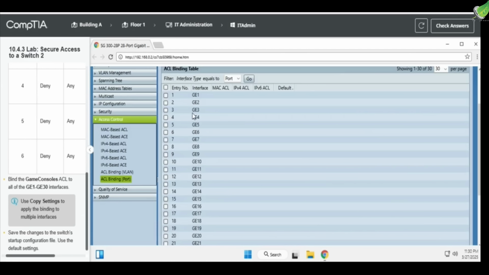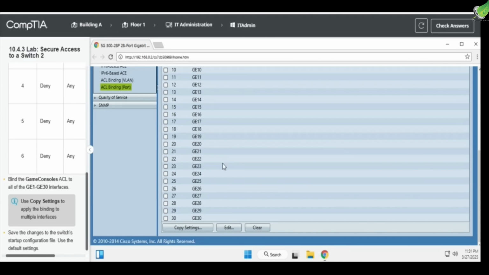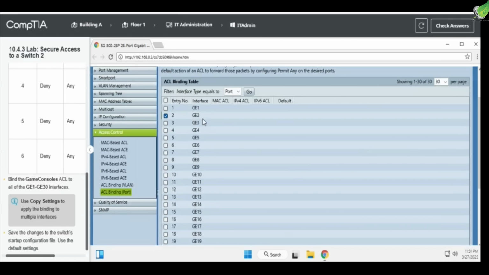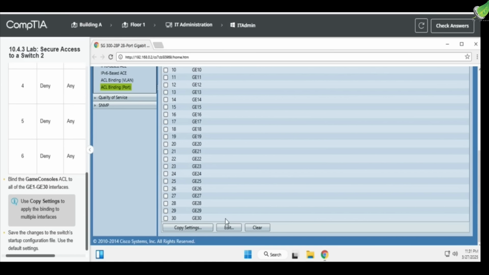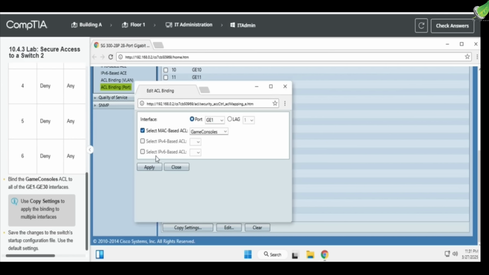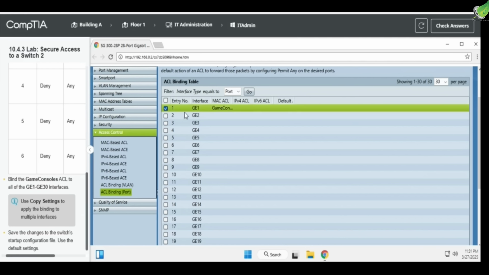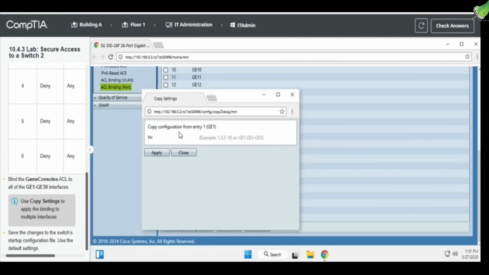Okay, so it's number 2, edit, MAC based, apply. 1, edit, select MAC based, apply, close. So game console now, copy